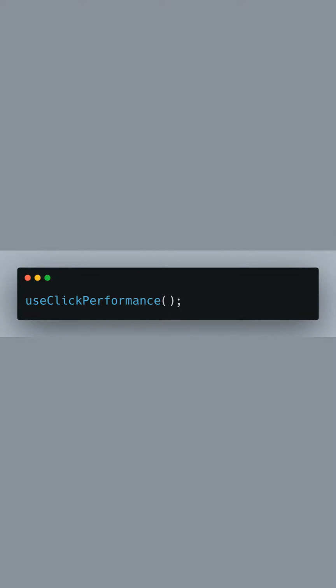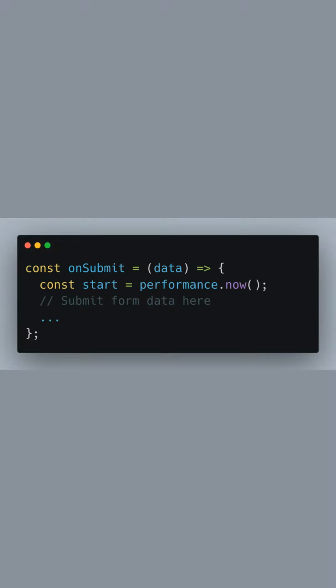We invoke our custom useClickPerformance hook here to begin tracking click interactions within this component. Our onSubmit function will be called when the form is submitted. It starts by recording the time at the beginning of the submission process. After the form data is handled, possibly by sending it to a server, we would then log the performance as